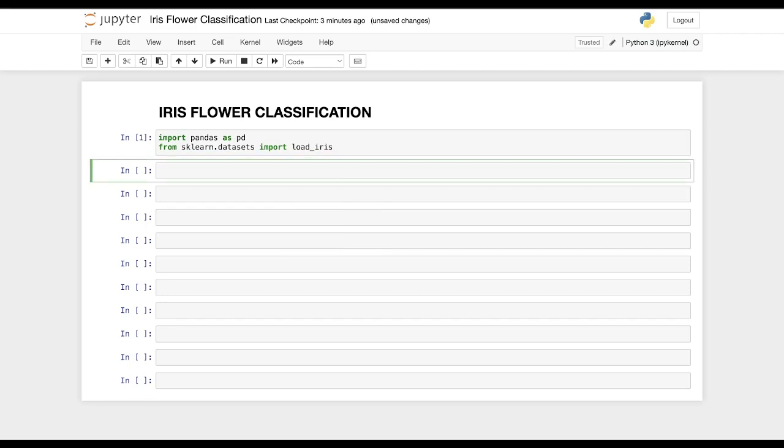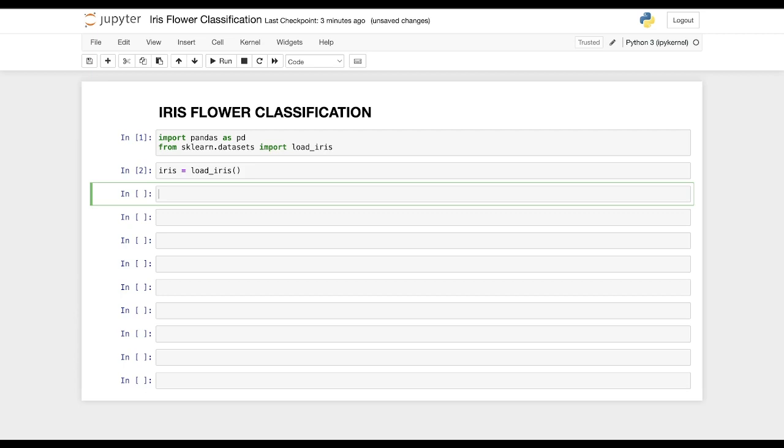Next thing that we want to do, we will load that iris dataset into some particular variable. Let's just say the variable is iris, into which we will say load_iris. If we would have downloaded this dataset from any online source like Kaggle, we could have directly loaded that dataset into a data frame and displayed it. But here, as we have loaded the dataset from sklearn, we need to create the data frame out of that. So first we need to check what contents are present in this load_iris dataset.